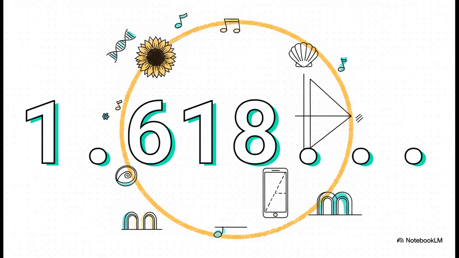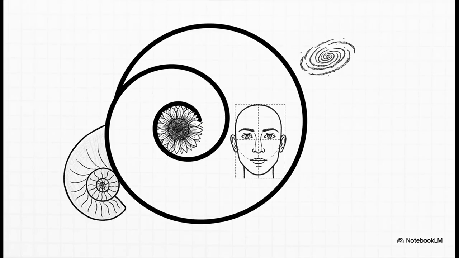Okay, now for a very special number, 1.618. It's irrational, which just means its decimals go on forever without ever repeating. It might not look like much, but this number, well, it represents one of the most famous ratios in all of history. It's called the golden ratio, and for some reason, this specific proportion shows up over and over and over again in the universe.